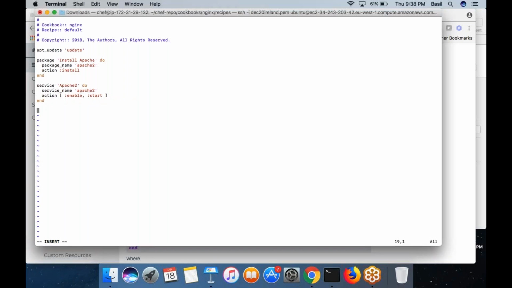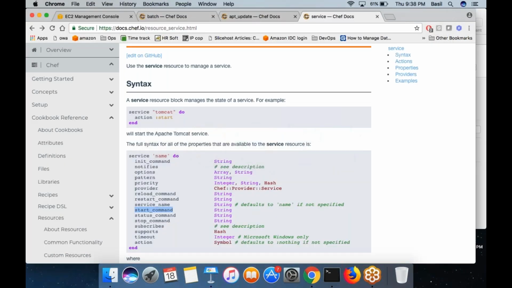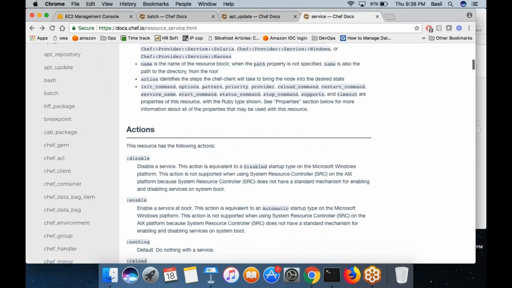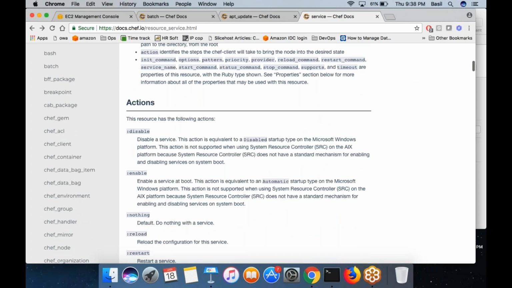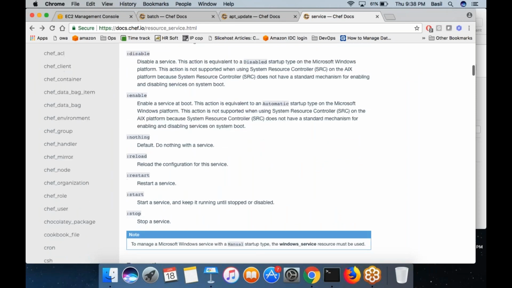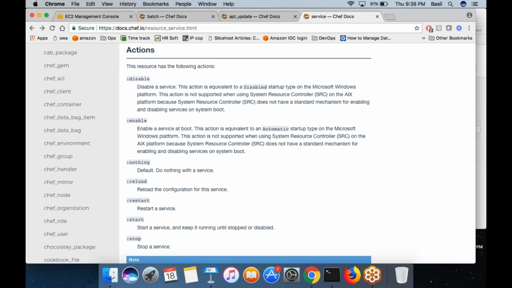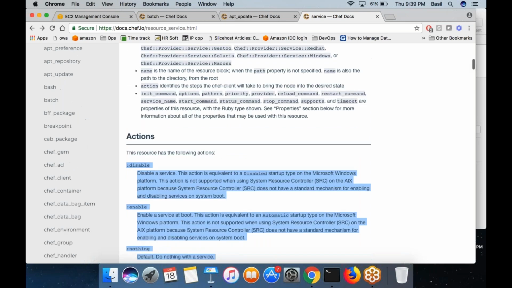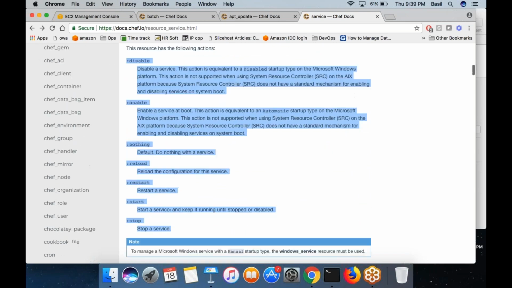Do we need to mention the action if we give a start command? Yes, you need to write the action, because there are different actions and you need to choose what you want to do. I think by default it might be start, but they haven't mentioned it here.